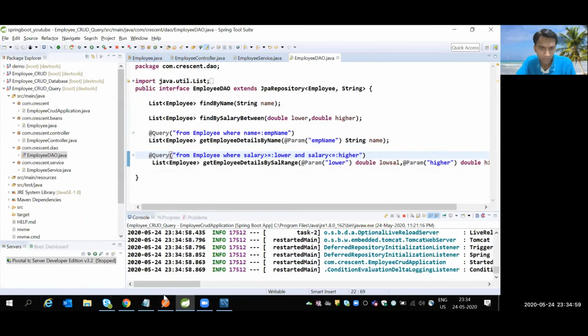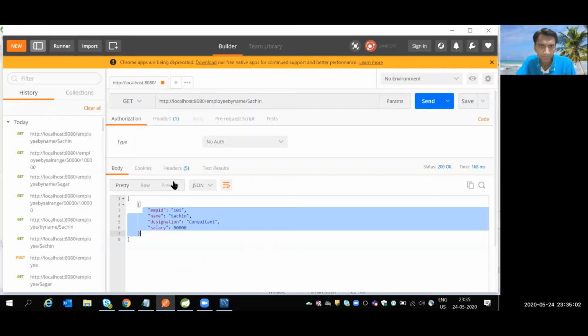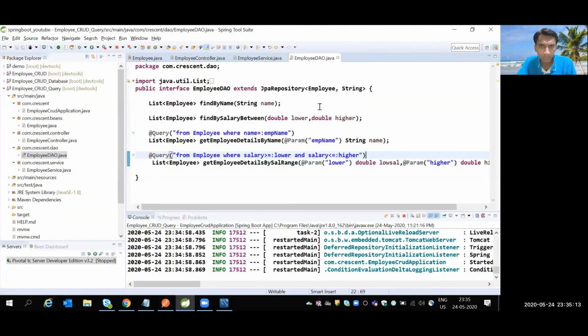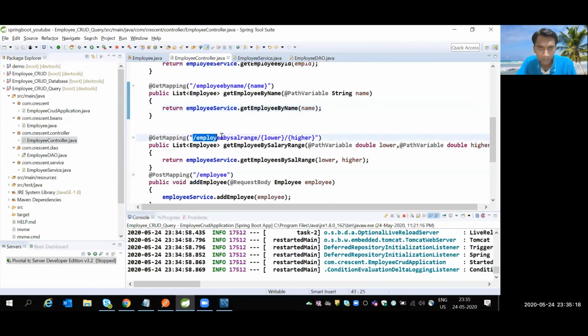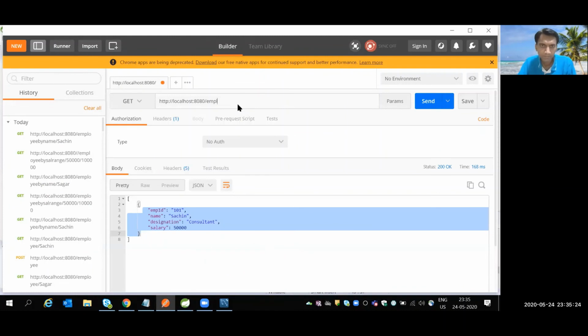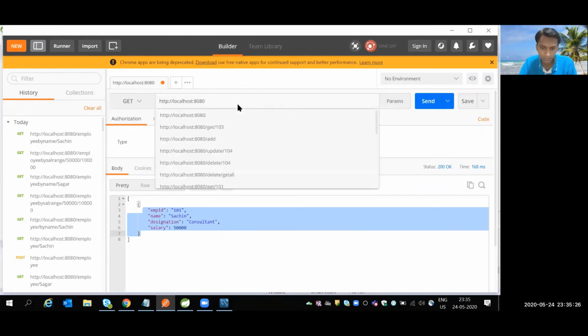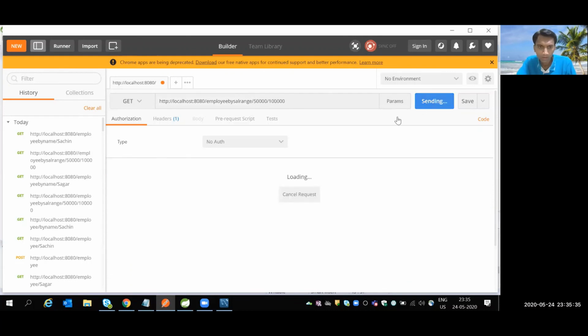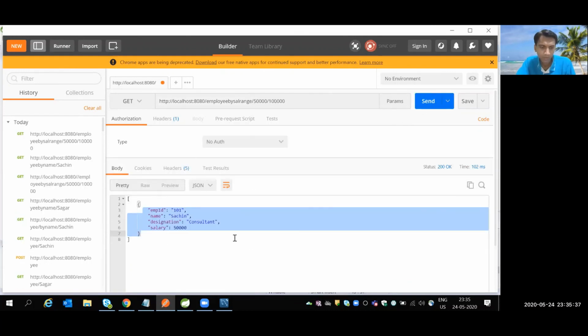Okay, so now let me test on Postman. Let me go to the controller layer, employee by salary range, between 50,000 and 1 lakh. Between that, I have only one employee.